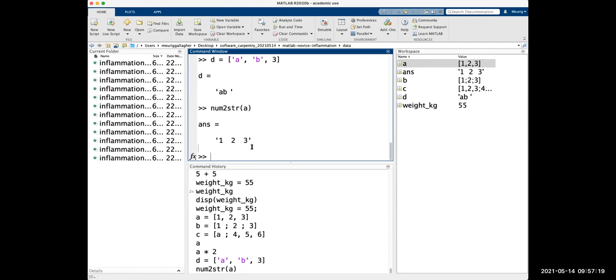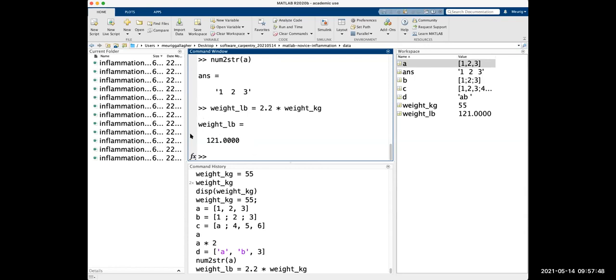And we can do lots of things to these. So, like I said, we can times things by 2. We can add things to it. We could do any sorts of math that you want to it. So we can use this to convert a value. So we've got our weight in kilograms. We've got that as 55 kilograms. Well, what would our weight in pounds be? Well, we know that 1 kilogram is 2.2 pounds. So times 2.2 with our weight in kilograms. Hit enter, and you see it's given our weight in pounds as 121.